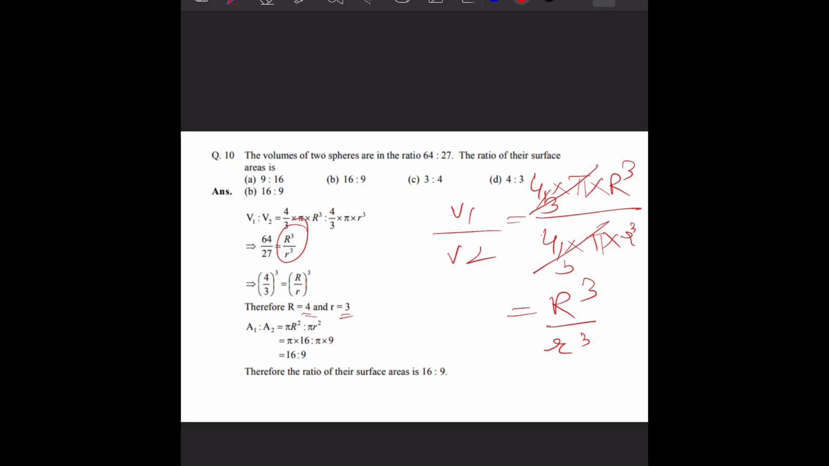सवाल आगे क्या बोल रहा है कि the ratio of their surface area. What is the formula for the surface area of a sphere? Surface area of the sphere will be 4 pi r square. As we all know,